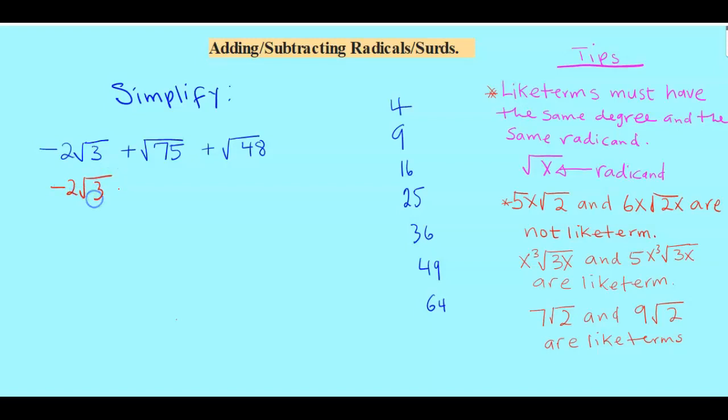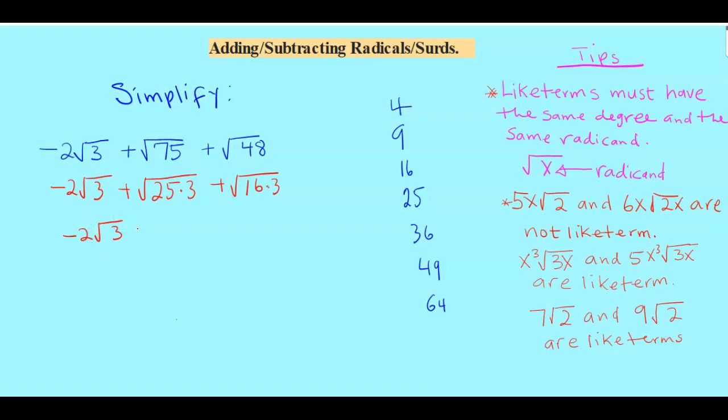that plus here, 75 divided by 3 is 25, so we know that is 25 times 3, and that's really good because 25 is a perfect square. The 48, we also break that one down with respect to 3. 48 divided by 3, we realize that it's 16, so 16 times 3 will give us 48. Now we are making headway. We will rewrite this,